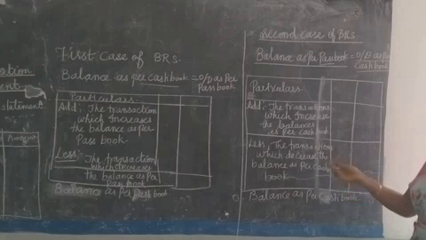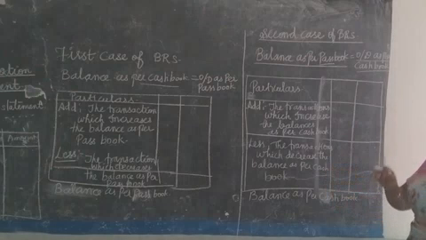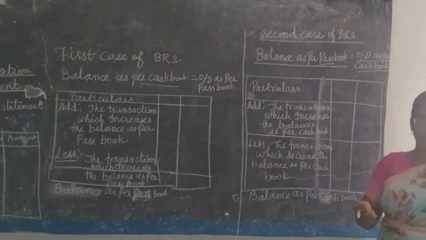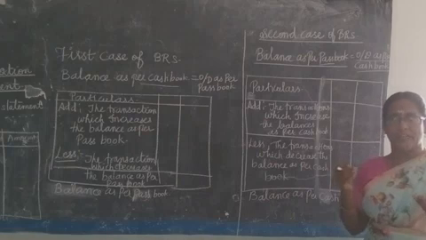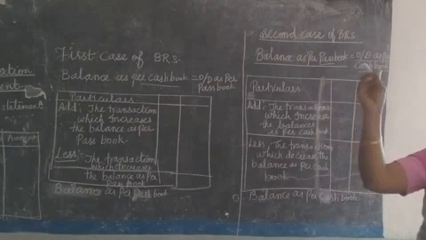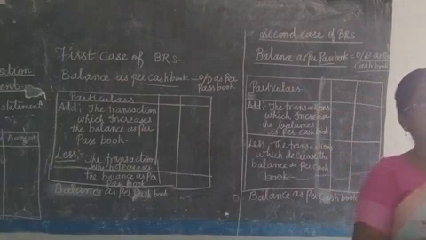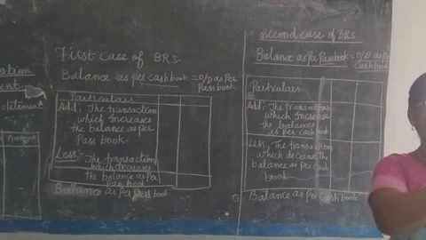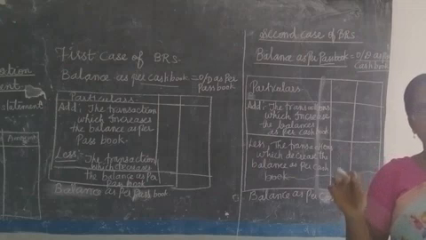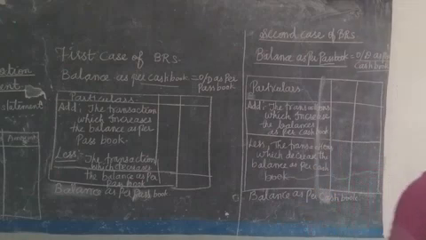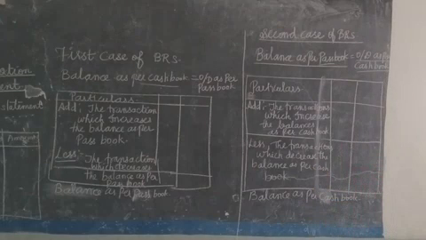Then what are all the transactions which decrease the balance as per cash book? Miss, how can we identify? For that identification only, I have explained the format which is given in your book. And yesterday also I have clearly explained timing differences. So now let us get into the sum. Illustration sums. Illustration 2, book back sums. Let us cover like that.